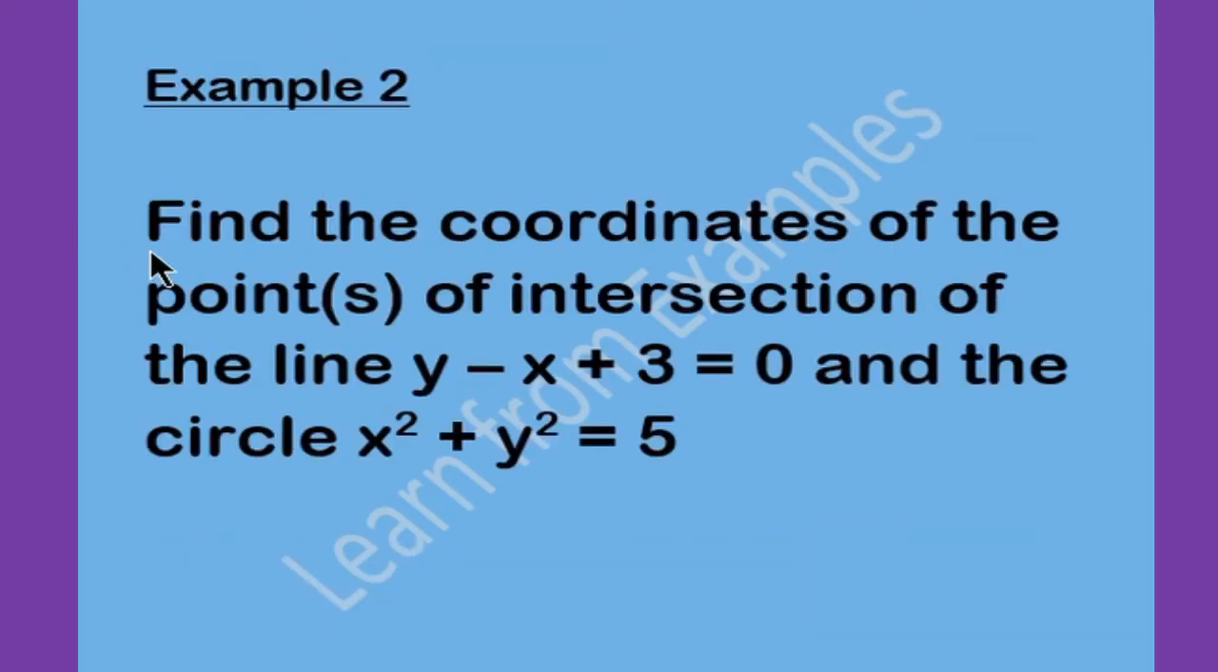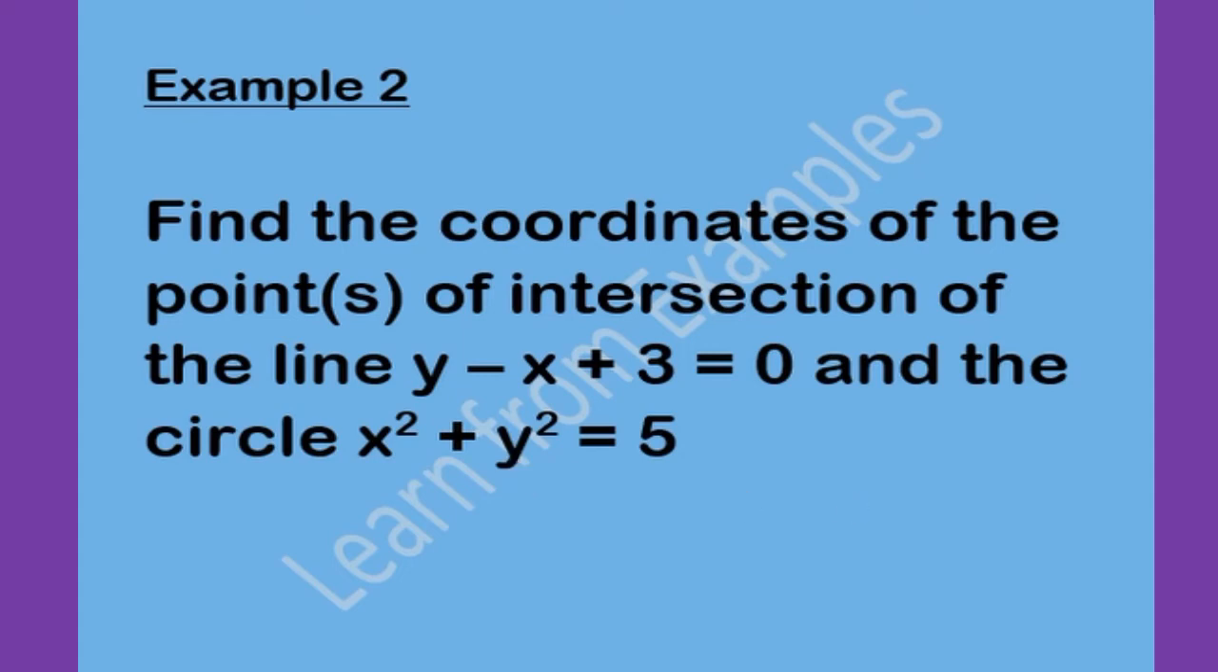Looking at example 2, we have: find the coordinates of the points of intersection of the line y minus x plus 3 is equal to 0 and the circle x squared plus y squared is equal to 5. Now if you look at the question, our linear equation this time is given in a way where y is not the subject. So what we will be doing first is making y the subject, and once we know the value of y, we'll substitute that value of y